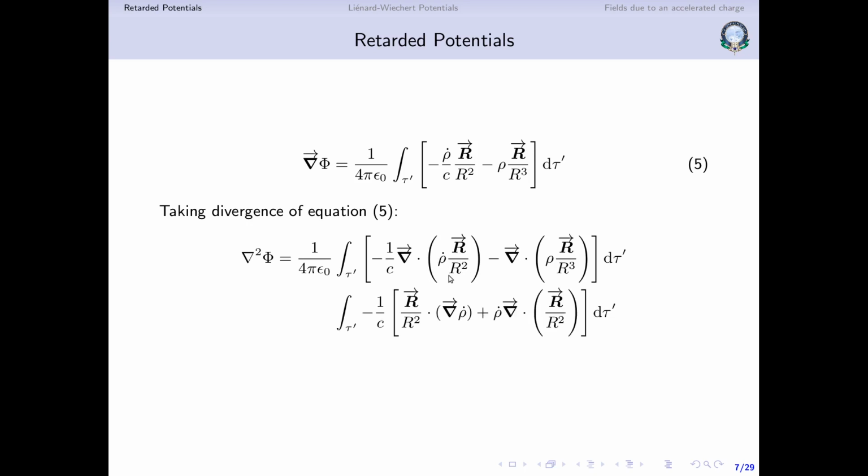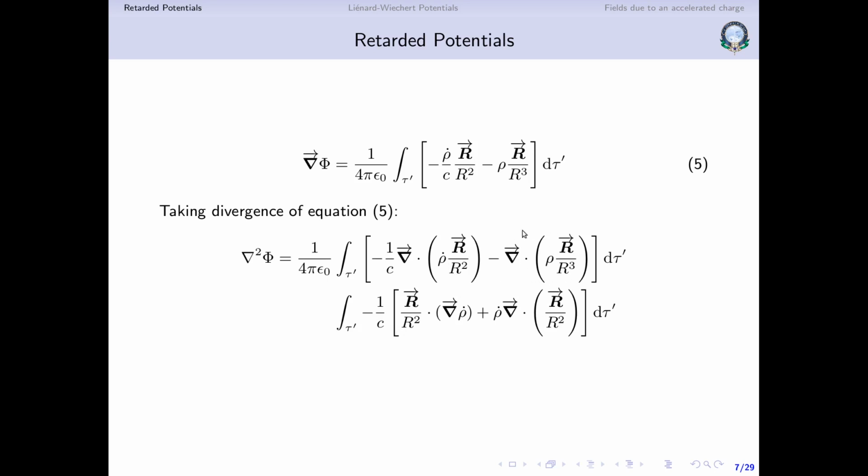You can refer to that. So when you expand this, what you first have to do is take the gradient of the scalar field, grad of rho dot, leaving the vector field as it is. Then, leaving the scalar field as it is, you take the divergence of the vector field. So this r by r square is dotted with the gradient of rho dot, and the other term will be equal to rho dot into the divergence of r by r square, and this minus 1 by c remains outside.